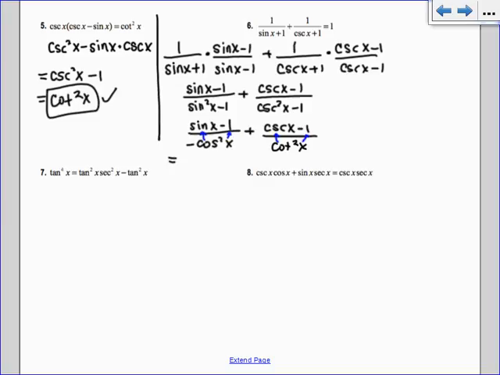We'll put it down here. So equals. All right, so this equals negative sine of x over cosine squared x minus the negative, so I'm going to say plus 1 over cosine squared x plus cosecant x over cotangent squared x minus 1 over cotangent squared x,